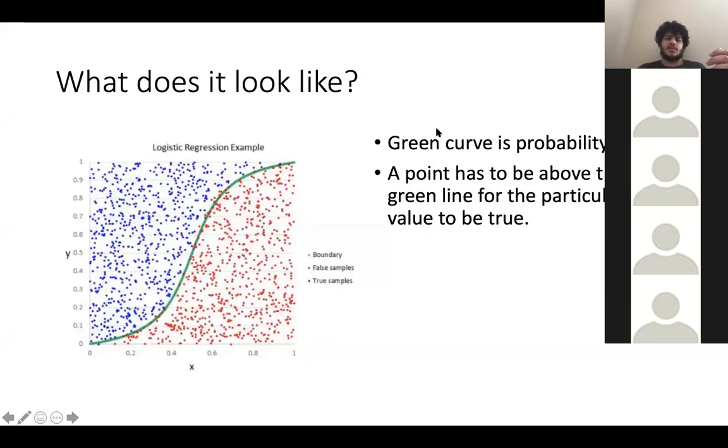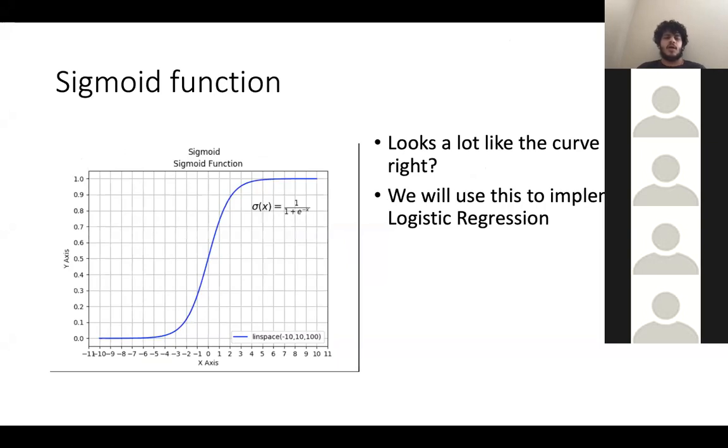So, as I said, everything above the green curve is a success. Everything below the green curve is a false sample. This represents a very common function in math, which is called the sigmoid function. If you look at it correctly, that's just what it looks like. It's almost the exact same. So we're going to figure out how to use this function